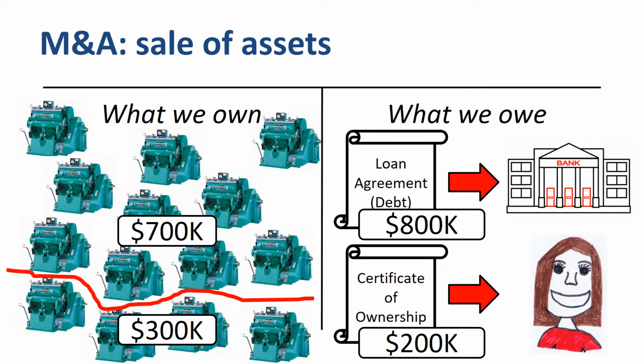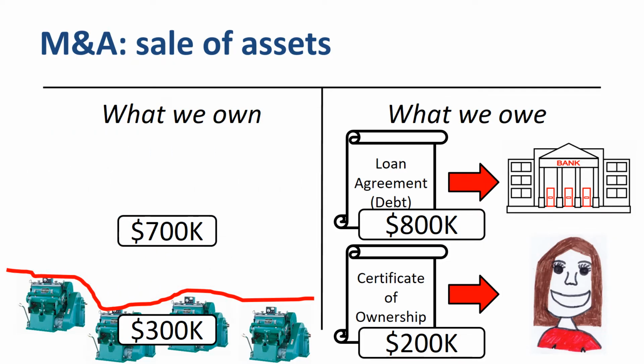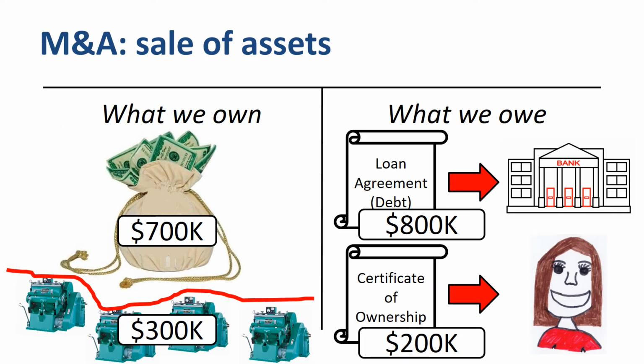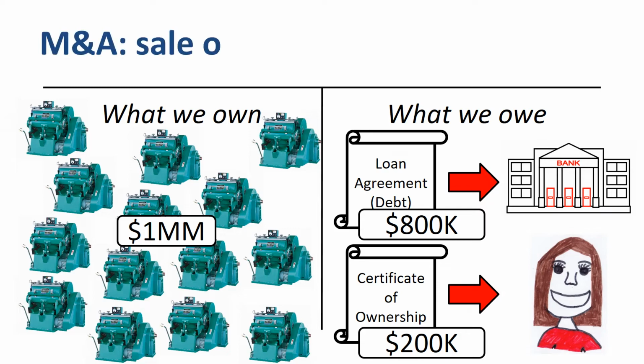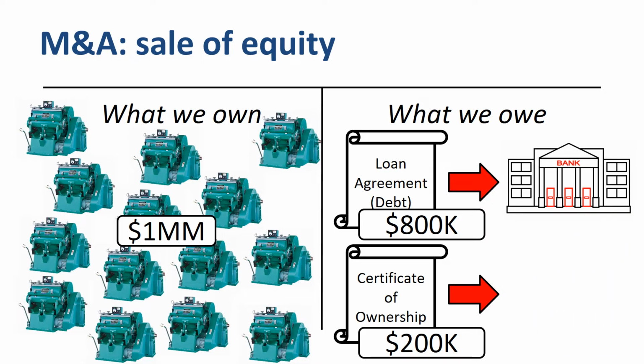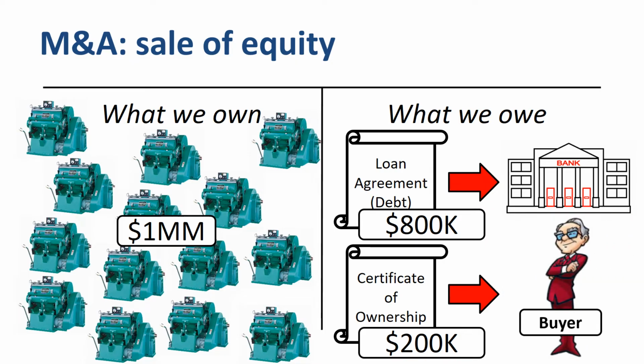Jane might also be selling part of the assets in exchange for cash and retaining part of the assets for a smaller sized operation. Another common deal structure is a sale of equity. The assets and liabilities stay in place, but Jane the owner is replaced and compensated by transferring the equity of the business to a buyer. The entire business itself, not just its assets, is sold along with its history.